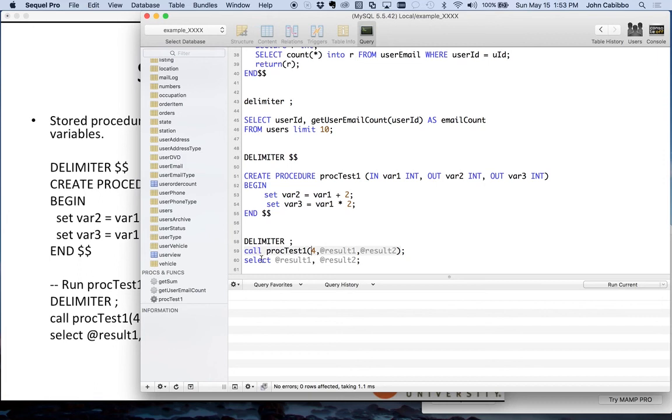So here I'll say call proc test 1. I'm going to pass it a 4. And then these two, result 1 and result 2, begin with an @ sign. In SQL, the @ sign is the sign for a variable. And it's a variable that takes place only for this session. What I mean is, when I run this, these are going to get declared. But if I go ahead and shut down SQL Pro, they're gone. They disappear. They're stored locally here, not in the database. So if I run this,